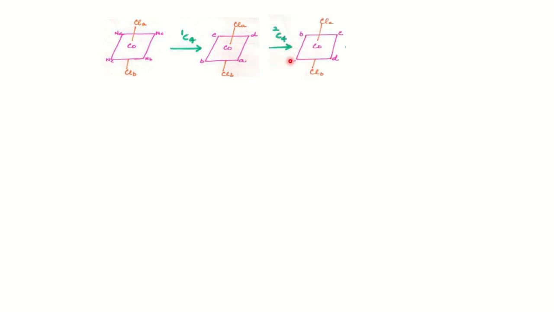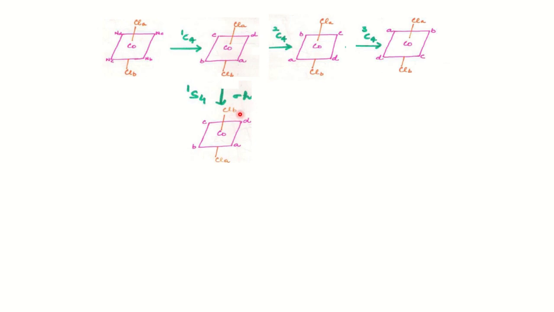Then similarly, if you perform it two times, again D will come in place of A and so on, and performing three times you will get the rotation again. You can see here A is going in place of B, so you can note that. And further, if you perform one more operation, that is C4^4, you will get the original configuration. You can see then A will come in place of B, that is the original configuration. So this is how you find out the axis of rotation, and we know the axis of rotation is C4.